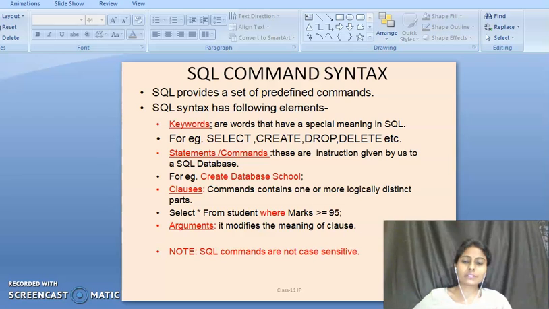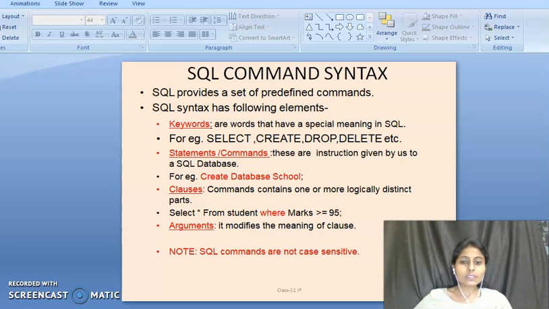Now after that we will introduce clauses. So what is a clause? Commands contain one or more logically distinct parts. When we give any command to the computer for execution of a query, it can contain one or more logically distinct parts, and those logically distinct parts are known as clauses. Here we can see in the example, students: select star from student where marks greater than or equals to 95. Select star from student is only a simple command because it will display the whole record of the student table.